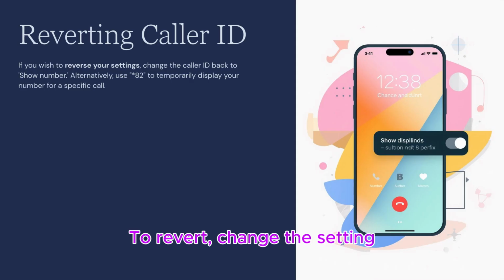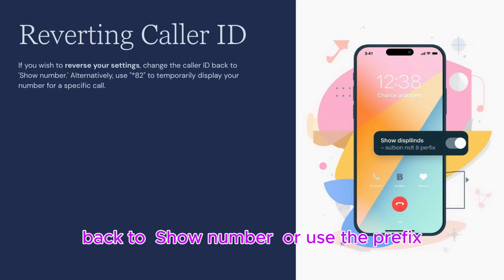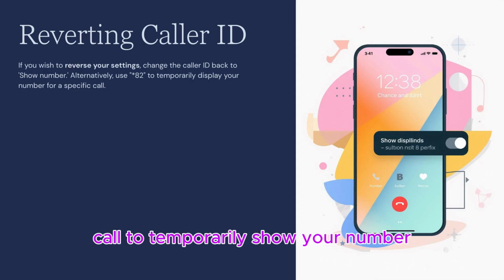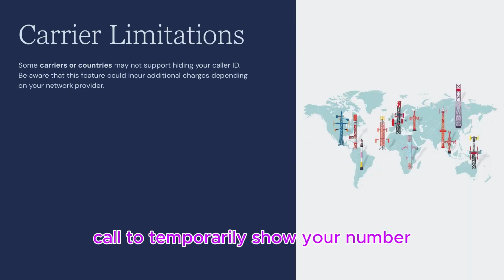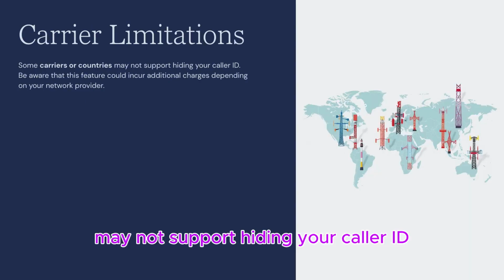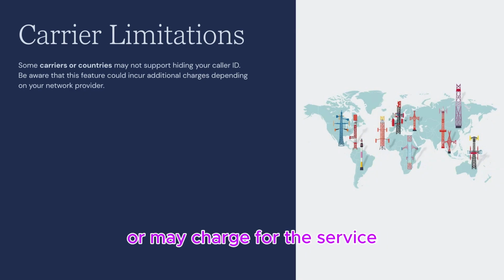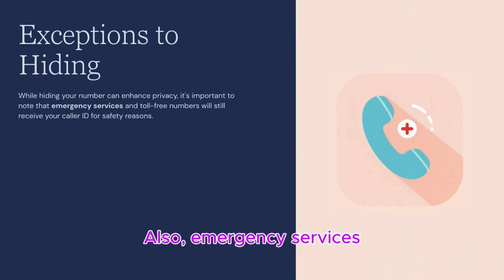To revert, change the setting back to show number or use the prefix *82 before a call to temporarily show your number. Note that some carriers or countries may not support hiding your caller ID or may charge for the service. Also, emergency services and toll-free numbers will still receive your number. This is useful for privacy when